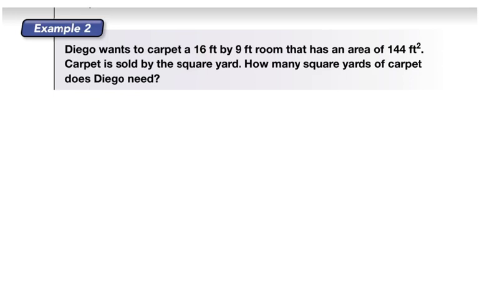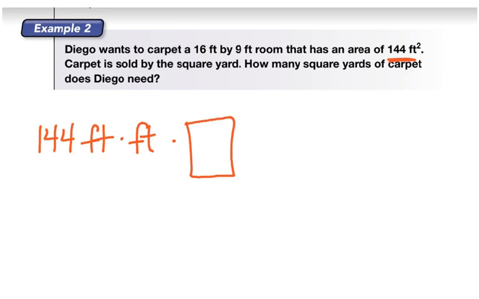multipliers. Now you might be thinking, but here I just have my area. Why do I need to take my area and use 2 square multipliers? Well, let's look at that. If he has 144 feet squared, then we're really taking it 144 feet times feet. And when we are multiplying this out, we're going to have to cross out both of those. Times a unit multiplier times a unit multiplier to get our